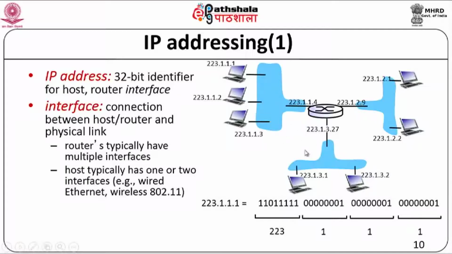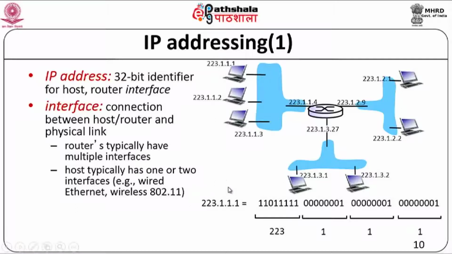Okay. So this is how the network IDs will be given, and this is how we need to interpret them. A router, you can see, can have multiple interfaces. A host normally may have 1 or 2 interfaces. For instance, it may be connected to a wired network, and it may also be connected to a wireless network. In which case, for a wired network it can have one interface, and for a wireless network it can have a different IP address, maybe on 2 different networks.